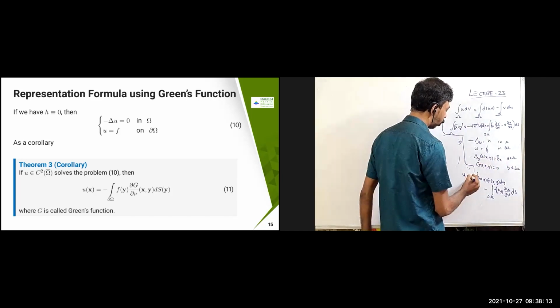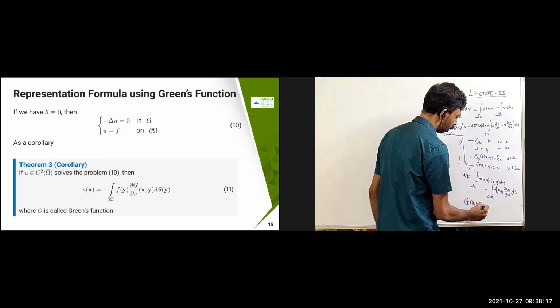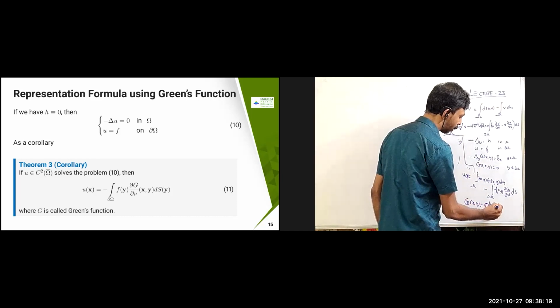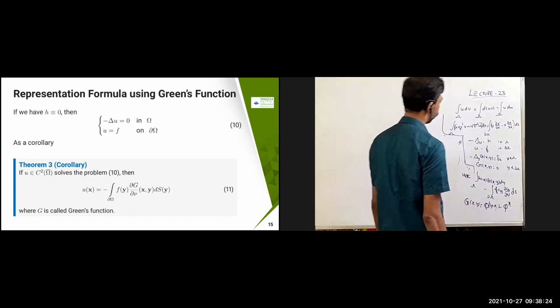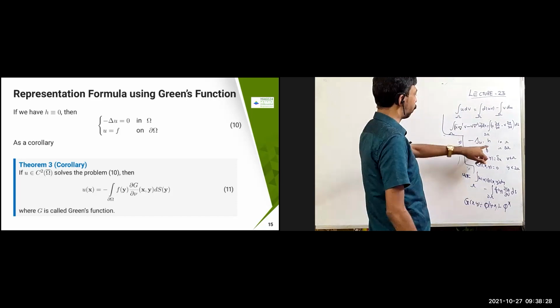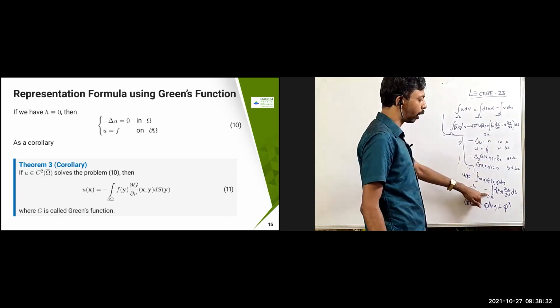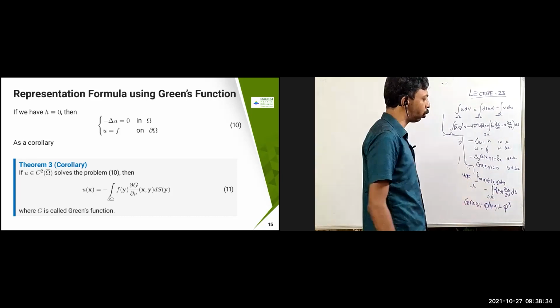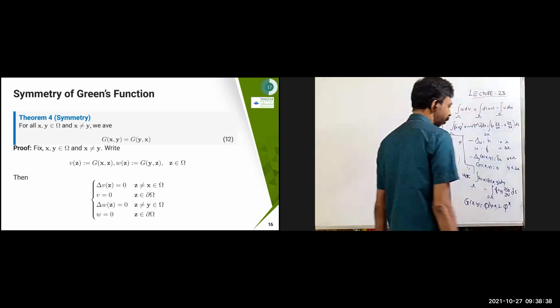Then minus del u equal to h in Omega, and you get your u of x like this, where G of x, y is nothing but the fundamental solution phi of y minus x minus the corrector function phi x. This is for the Poisson equation. Now if the Laplace equation is required, put h equal to 0, then this becomes 0, and you get simply minus f of y into dou G by dou nu into dS. This is the Green's function representation for the Laplace equation.